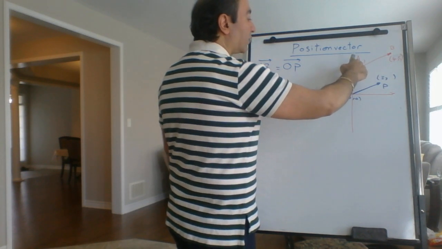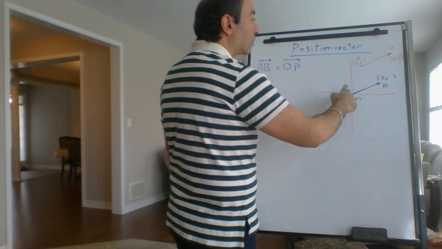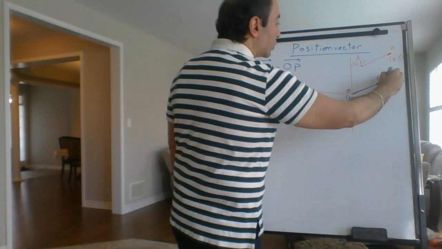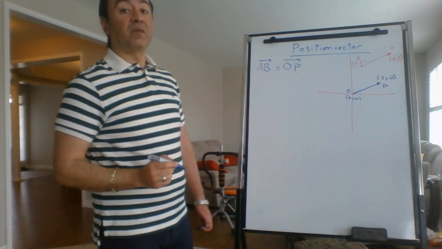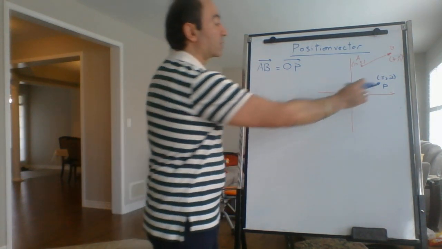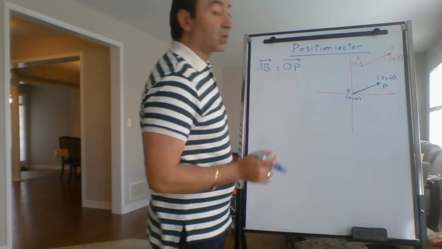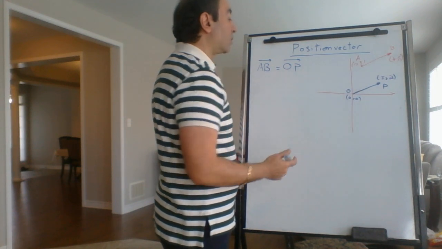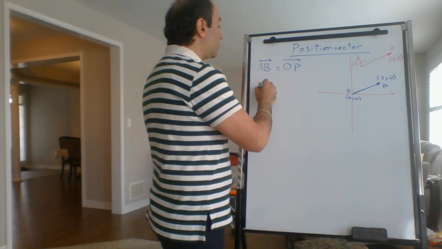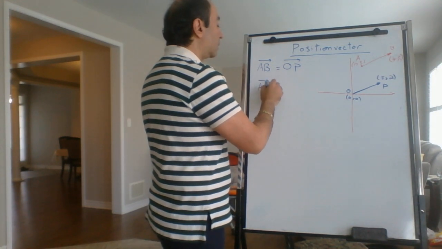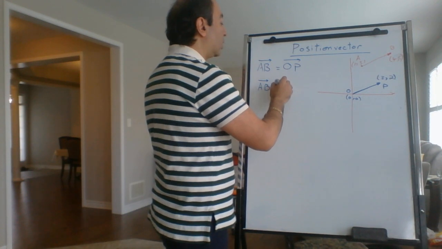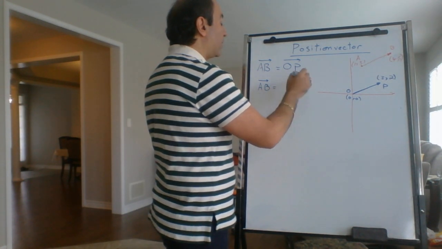What did I do to the 3 to go down to 0? I shifted 3 down, so I have to shift the 5, 3 down. So the coordinates of this vector are 3, 2. The coordinates of the head of this vector, the tail is at 0, 0. And this will make the calculation much easier. So I can say that vector AB is exactly the same as OP,